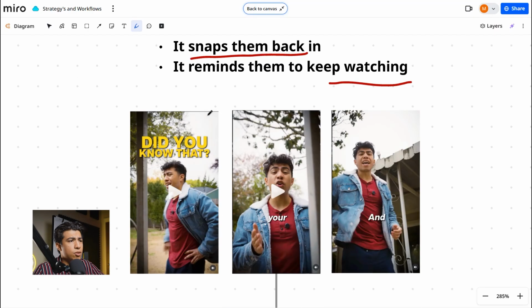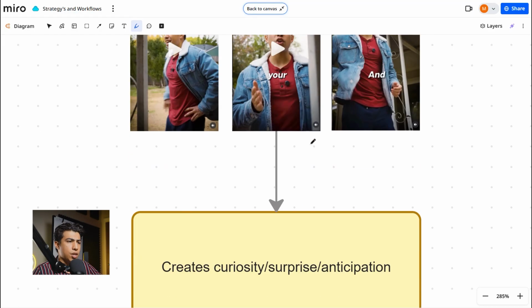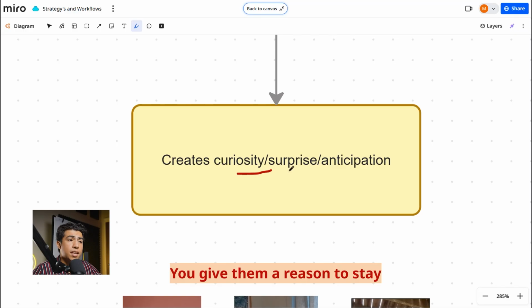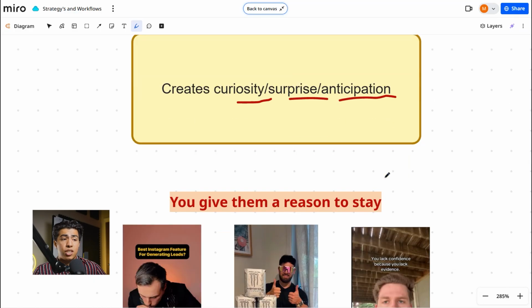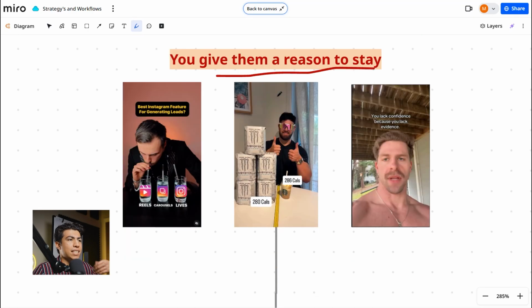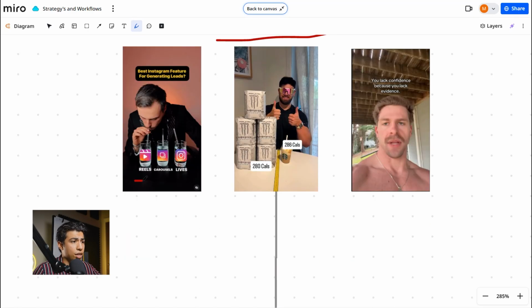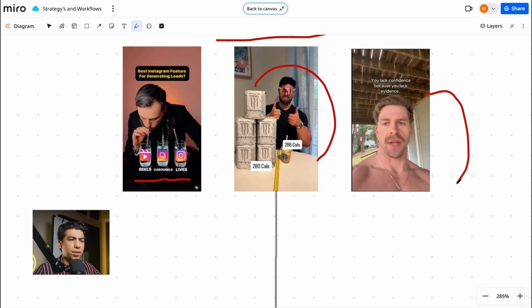The example I'm going to be using is from my video, and it's essentially just changing the camera angles throughout the video. This creates curiosity, surprise, or even anticipation. There's multiple different strategies behind it and different ways you can re-engage them. And it's just giving them a reason to continue watching. It can be by providing some clarity or curiosity of what someone is going to be doing, or finding a way to stand out by either being funny or engaging people with a simplistic or different way of giving your example, or literally just by making them curious to learn more.